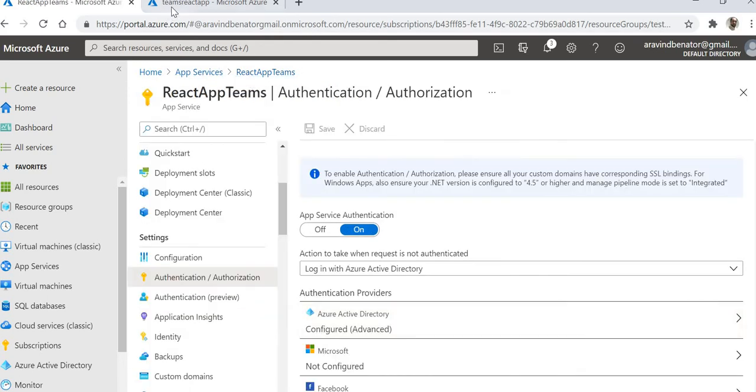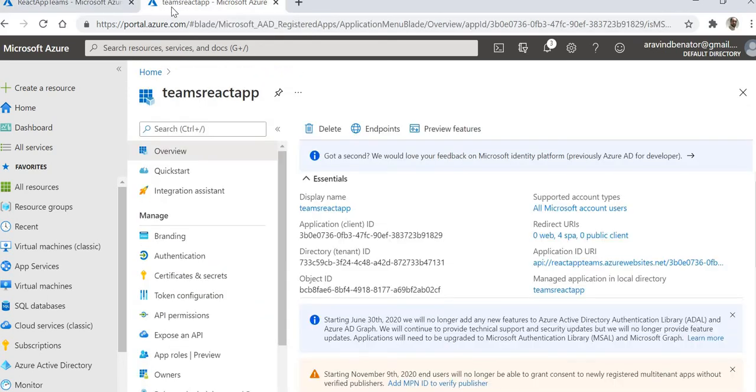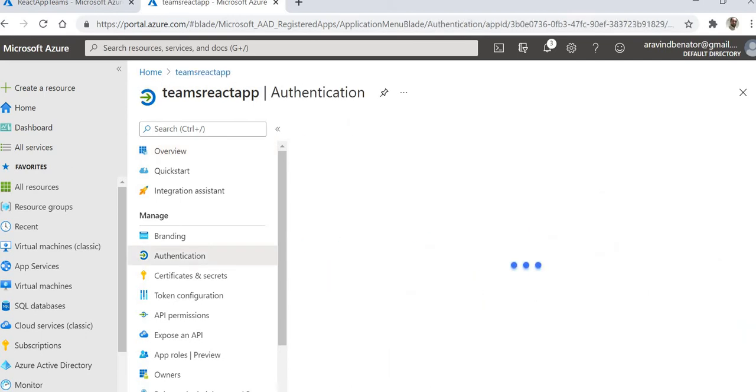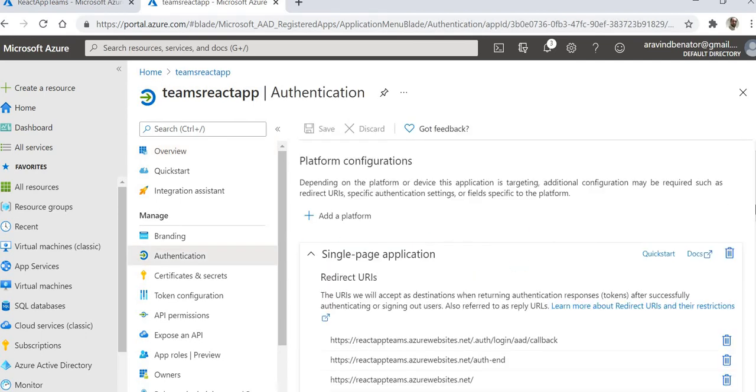Let me move on to the Teams app creation. As you know, I have created an application in Azure Active Directory, and if you go to the redirect URI, you can see there is an application platform. Since we are going to integrate our React web app into the Teams tab, and React is a single page framework, I have created a single page application.